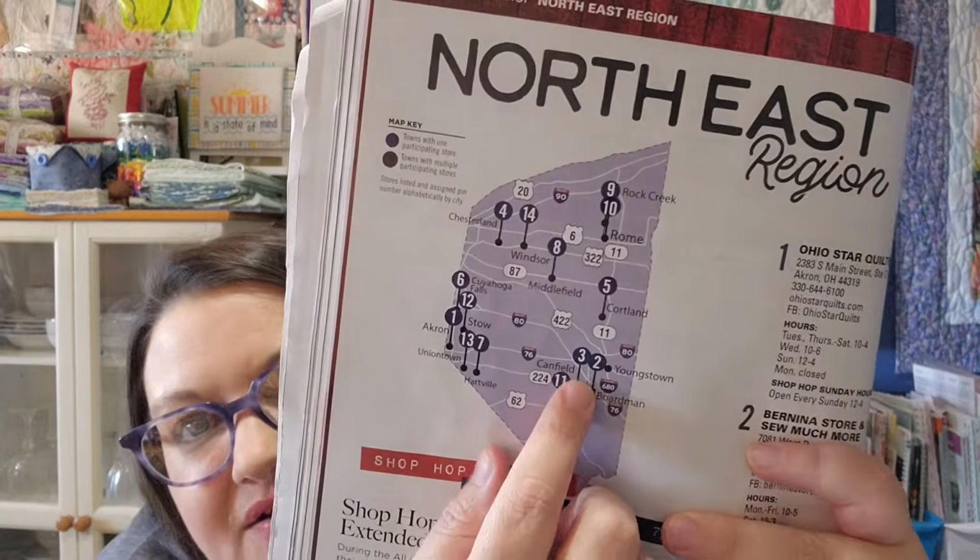So I got that, which was free. Score for me. I like free things. From Bernina, or that Bernina store and so much more, which was number 2, we headed